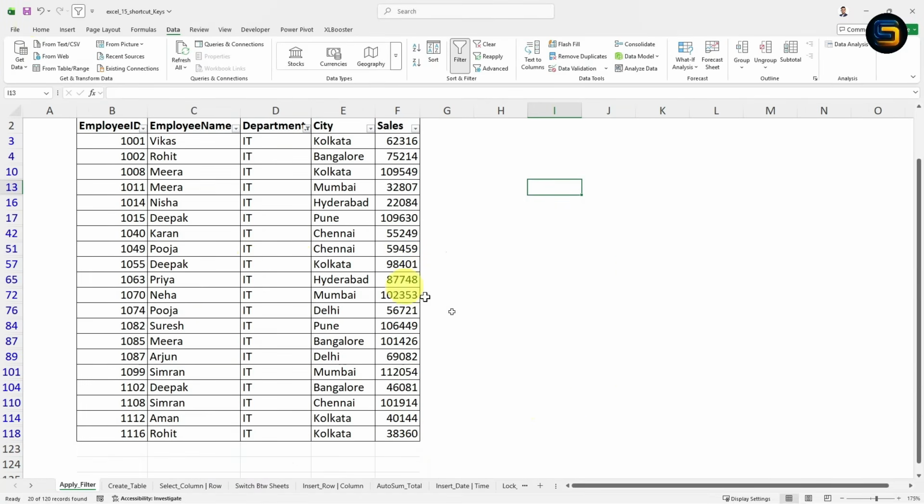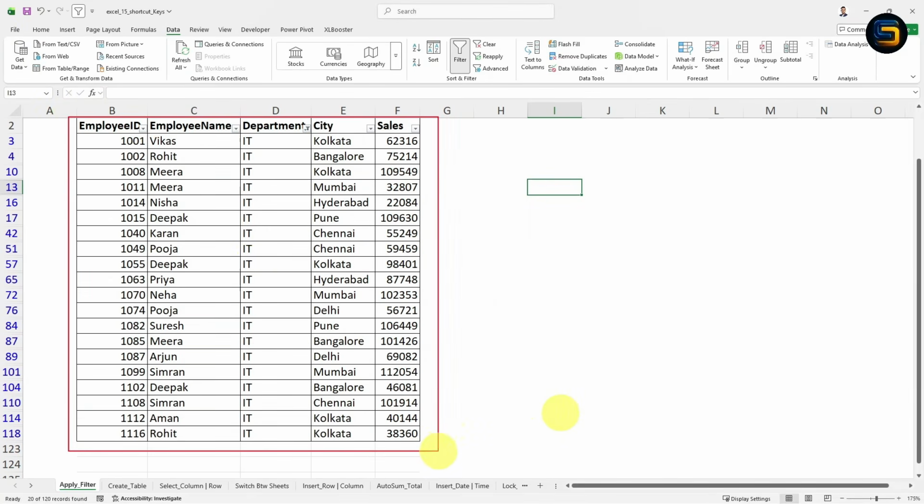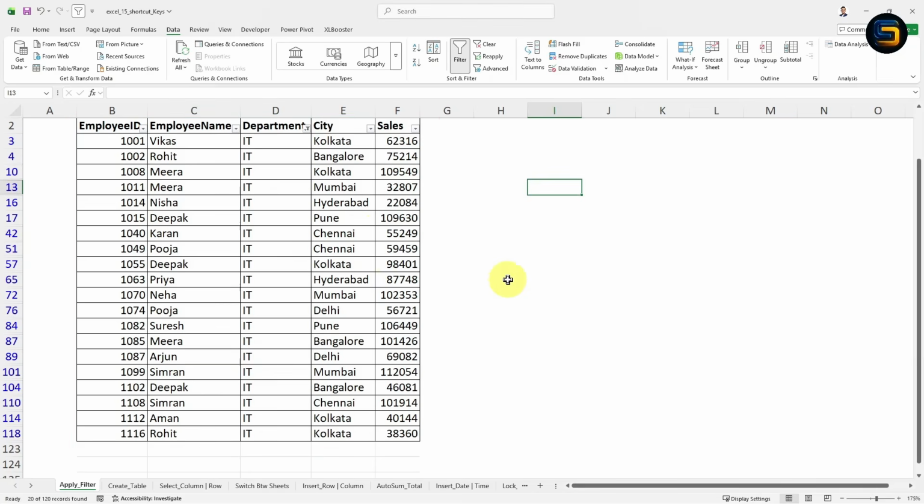So when you apply the filter, you will get only the IT department records, right? Now you can simply select the data, create the PDF and send it to your boss, by which the boss will be happy and you will also be happy. Why? Because we have saved time, right? With the help of a shortcut key. So the filter is useful because it helps you quickly view only the required data in a larger data set. The original data will not be deleted. We can view only the required data based on the filter we are applying.